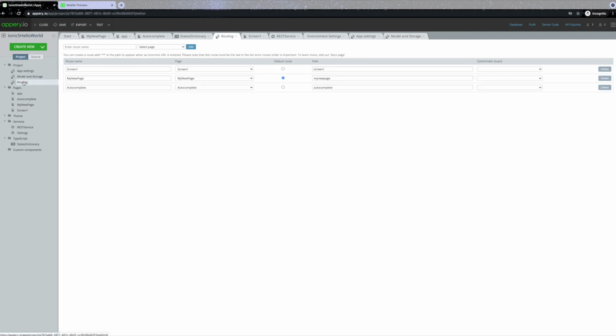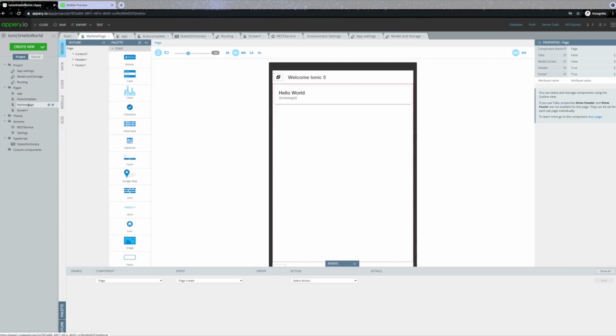The routing tab is where routing or navigation for the app can be set, and we already had a chance to check how it works. The next is the folder with pages, screens, and we already have some listed here. Any project must have some pages, even if you have just created a new project. While building an app, you may create new pages, as many as you need, and those will appear on this